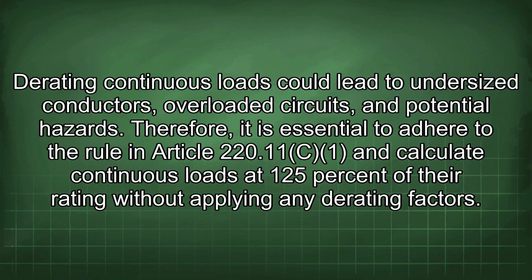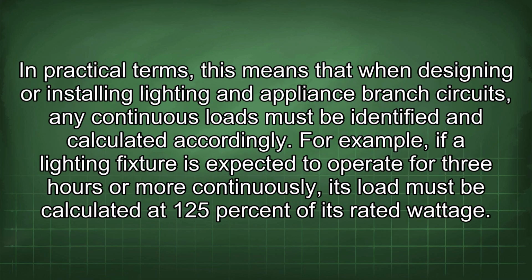Derating continuous loads could lead to undersized conductors, overloaded circuits, and potential hazards. Therefore, it is essential to adhere to the rule in Article 220.11 Code and calculate continuous loads at 125% of their rating without applying any derating factors. In practical terms, this means that when designing or installing lighting and appliance branch circuits, any continuous loads must be